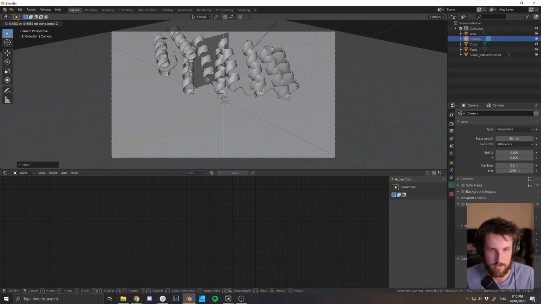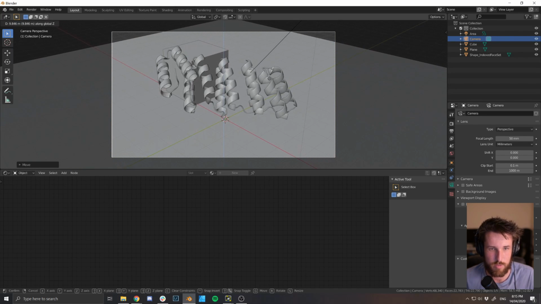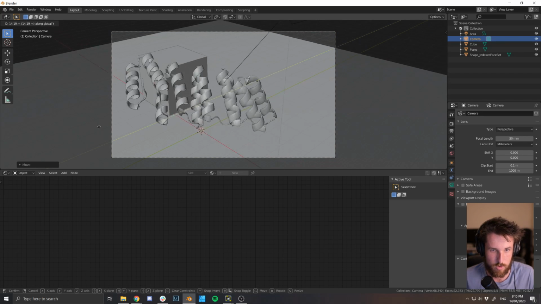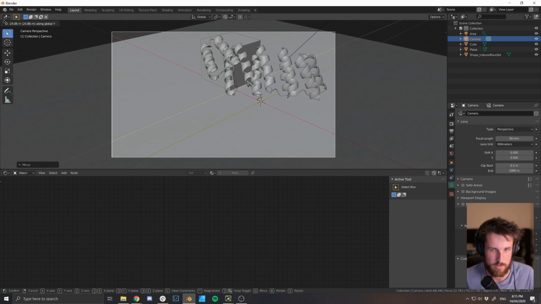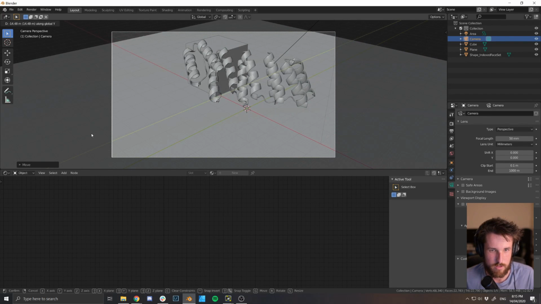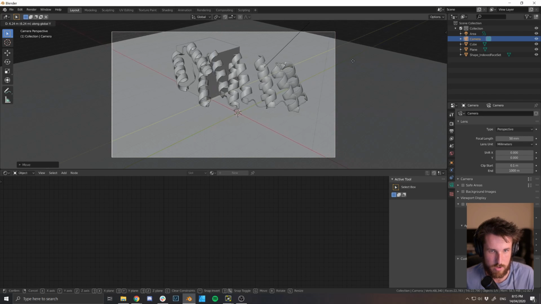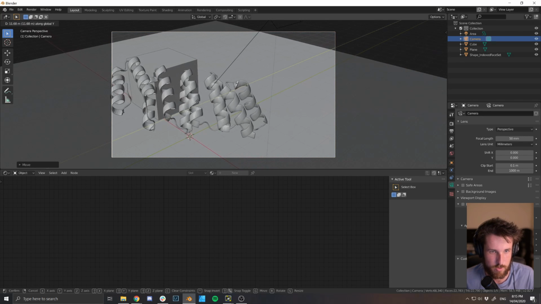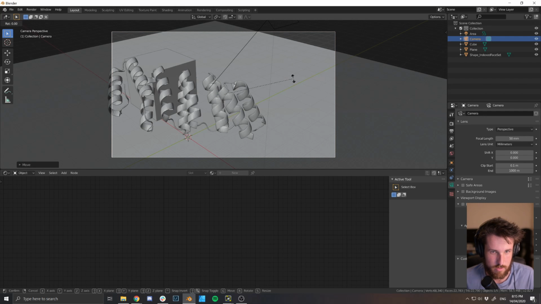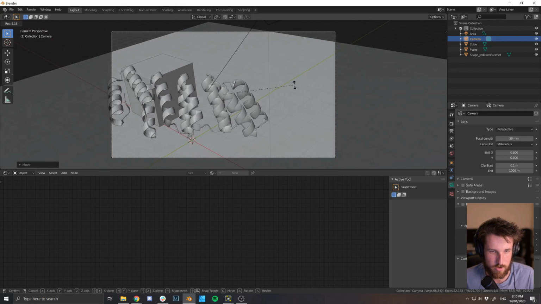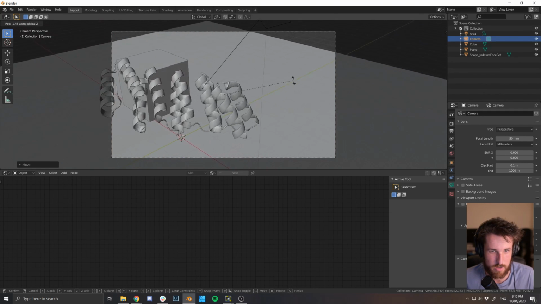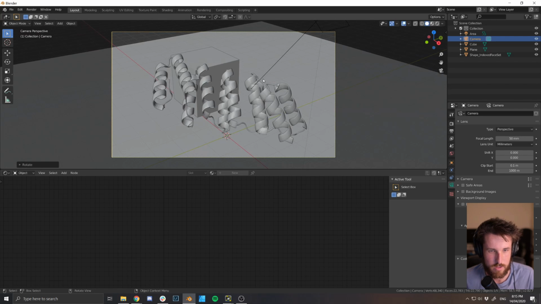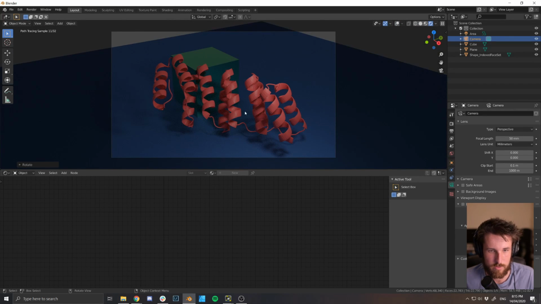We'll go G, Z, just take it up a whole bunch. G, Y, move it along the Y axis. G, Y, yeah, about that. G, Y, move it along. So we're rotating. If we go Z, we're now rotating around the Z axis. And cool. And so we go rendered view. Cool, our camera's seeing something,